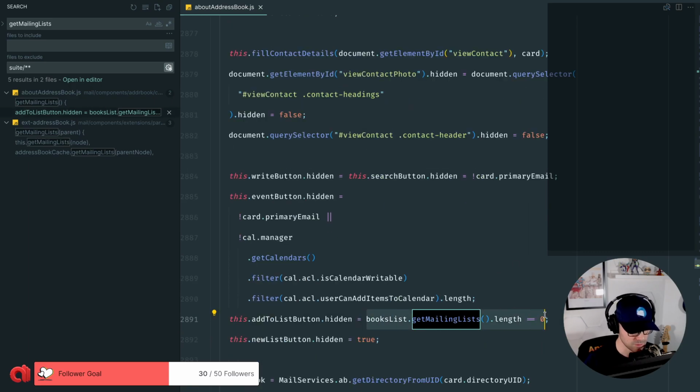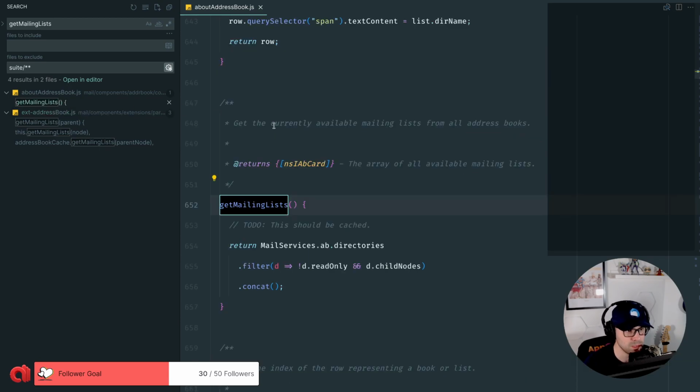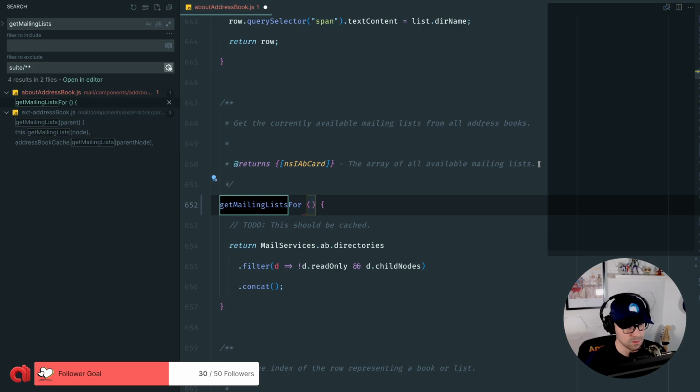Hidden. This has to be true. We don't want to show this if it's read-only, because if it's read-only, we cannot manipulate it, so we cannot move it into a list. We want to just put some limitations in here. Okay, great. Then we have these things that we don't need anymore, but we should get mailing list for